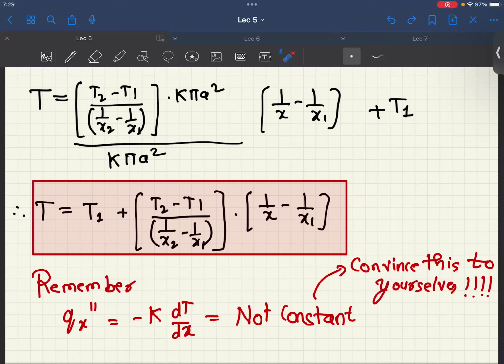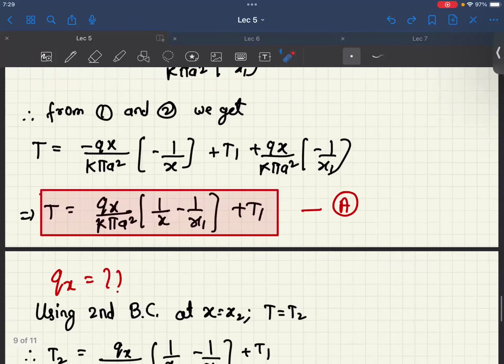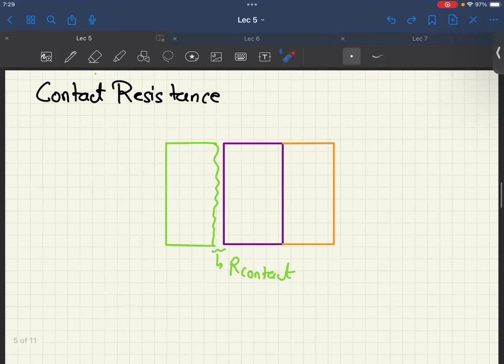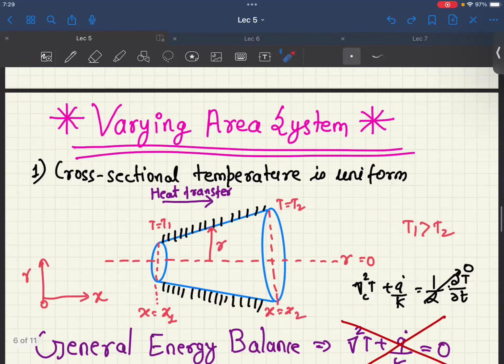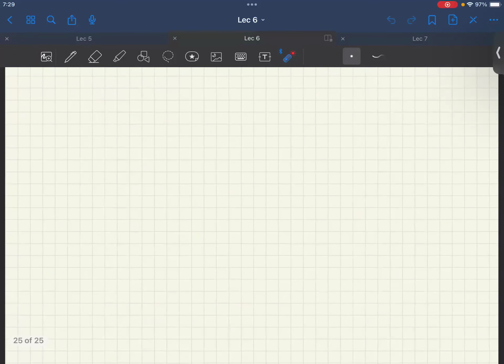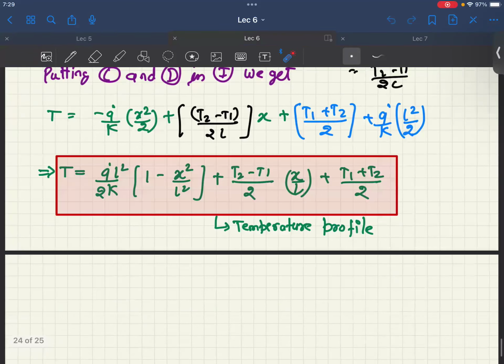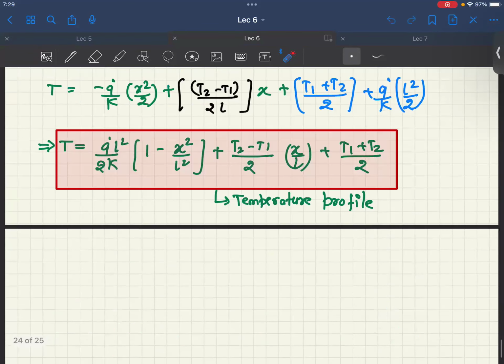I hope this is very clear. How do you incorporate a change in area in our calculation? How do you solve this kind of problem? Okay, this kind of problem. So if this is clear to everyone, we'll move on to the next thing,